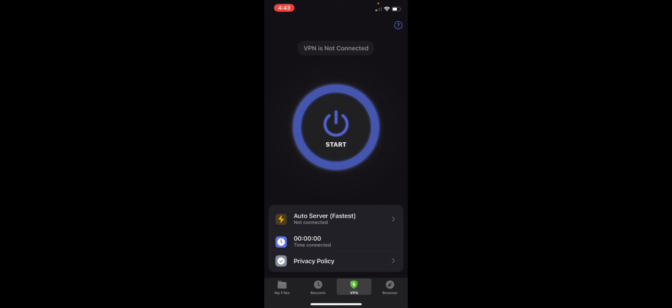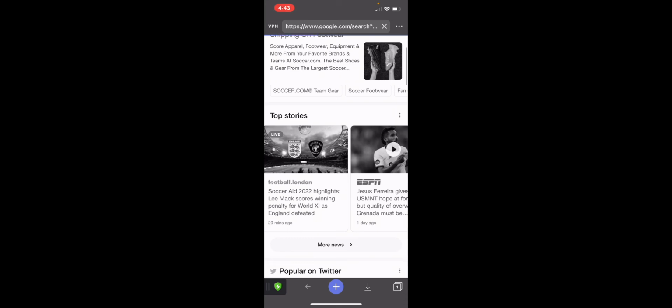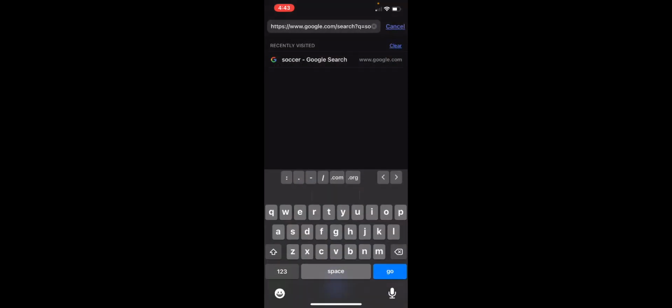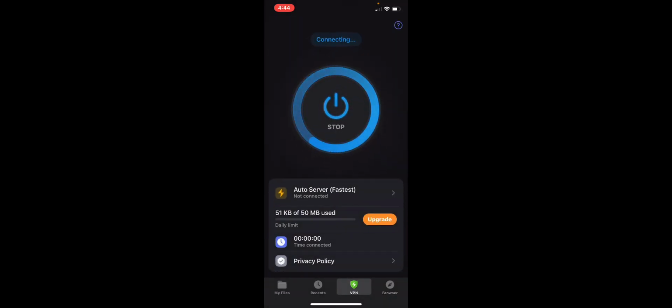So this app offers a VPN, which goes to the browser over here. Now, don't worry, I was trying to figure this out. So you see how it says recently visited soccer? Yeah, that's because I didn't have a VPN. But it's basically like a private browser, which if I activate the VPN now, give me a second, you just click on start,